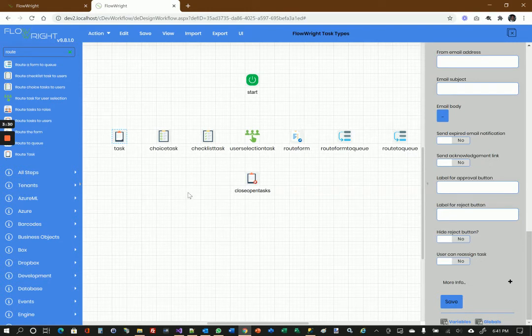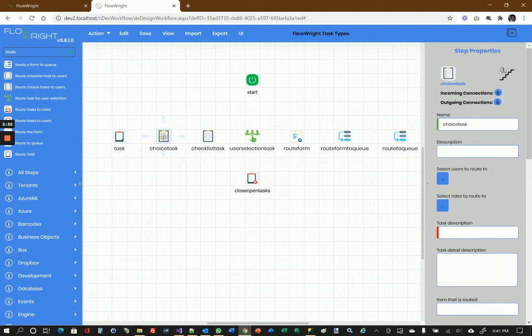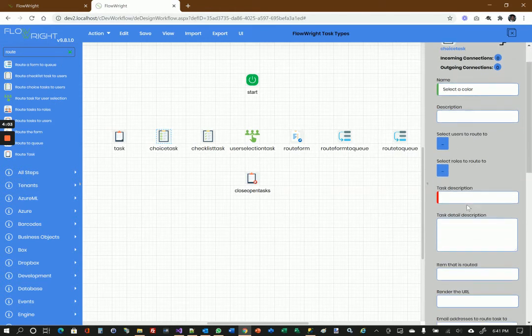The next task we're going to look at is the choice task. In this choice task, the difference between this and the regular task is that in the regular task the choices are already defined. They're either approve or reject. But in the choice task, you have the ability to define your own return values or choices. So let's say I'm going to call this task select a color, and I can select who I want to route this to. I can give a description here. Let's say select a color,